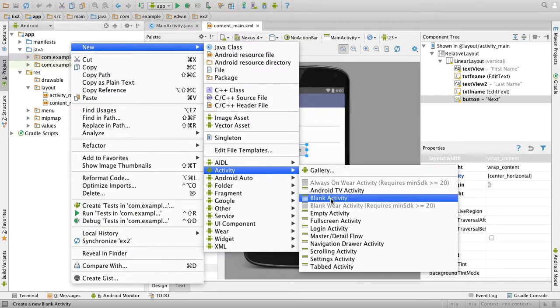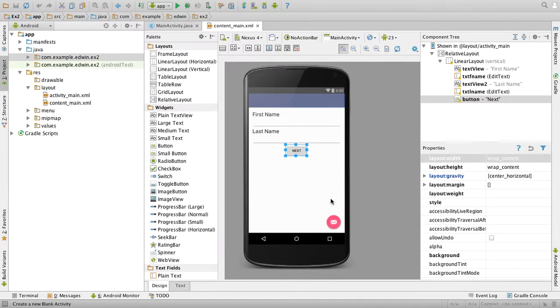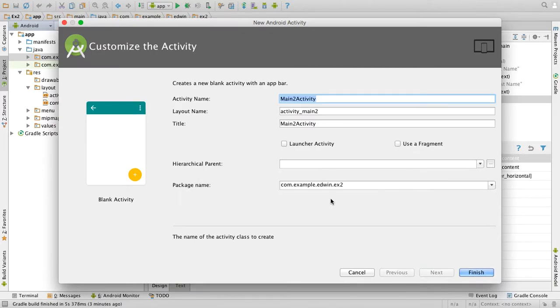So it will ask for the activity name. You can give the name as welcome activity and click on finish.